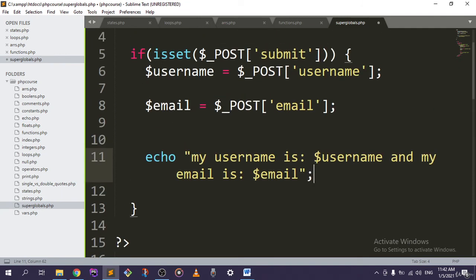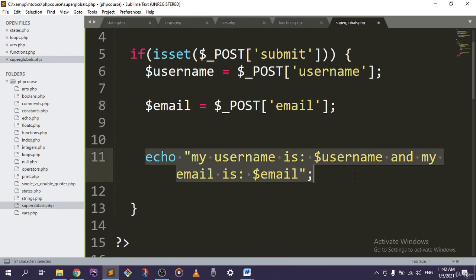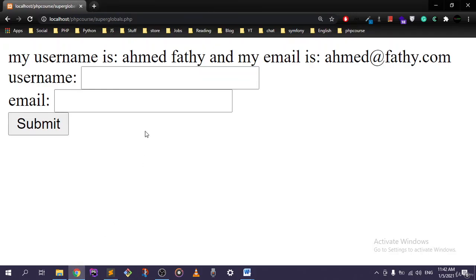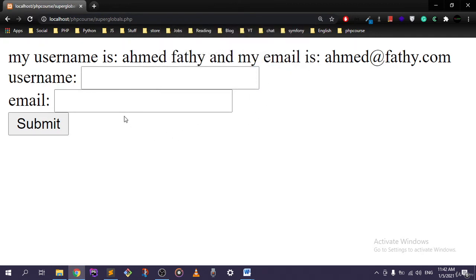We're checking if there is a POST. Sorry for saying this multiple times, but I just need to demonstrate it multiple times so you can get it into your head. We are getting the username data after the submit and the email data right there, and we're just printing it out. It's the simplest, easiest example you can ever create with a POST method. So if we refresh this,